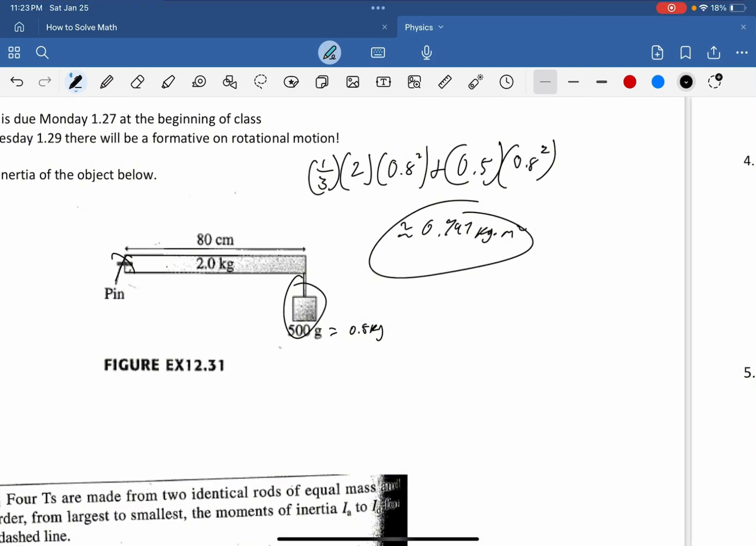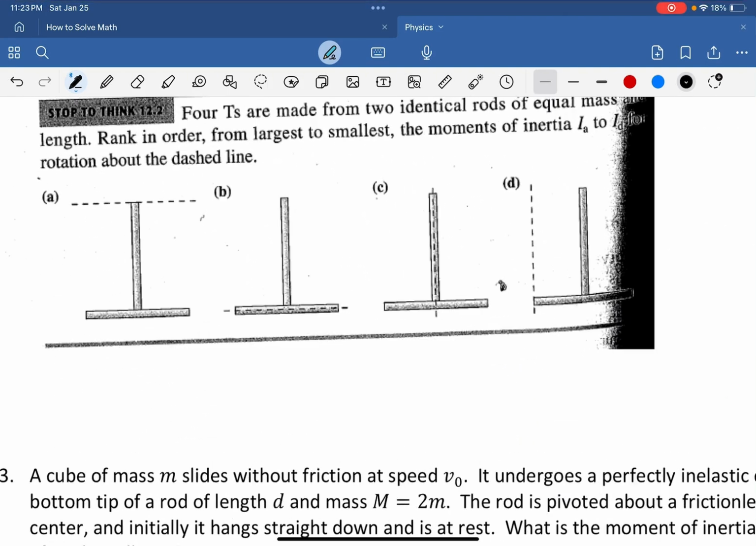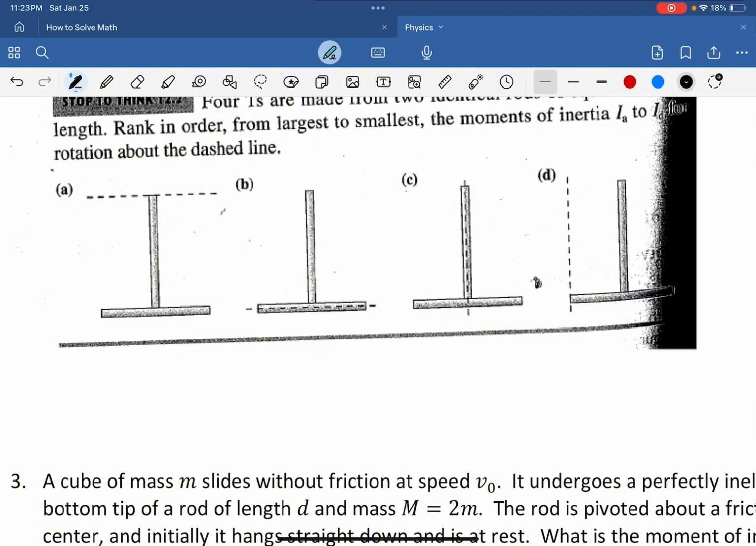Yeah, and I didn't just do this off the top of my head. I have my paper right here because this is due Monday. Anyways,